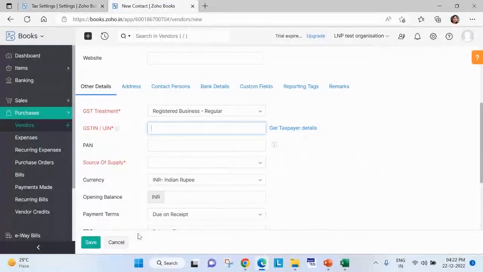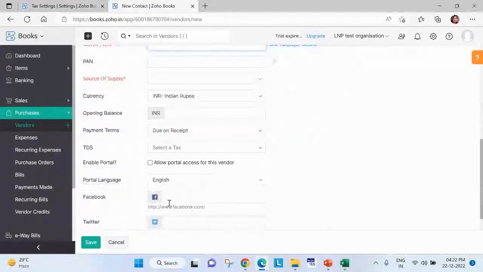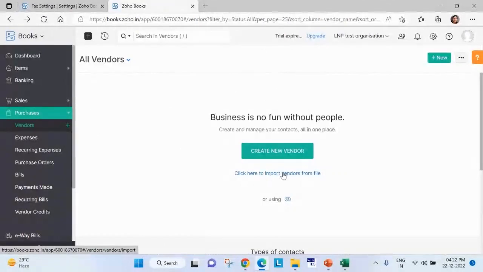Okay. So in vendor, we were discussing about the TDS. Sorry, I have deviated from the vendor master. So in the vendor master, you have to select the TDS applicability also if it is applicable. Here address is not mandatory. If you have it, you can update the vendor master with the address. Otherwise, you can just update the name, address, TDS, and the